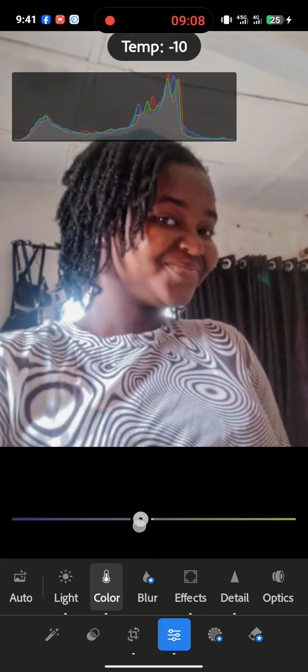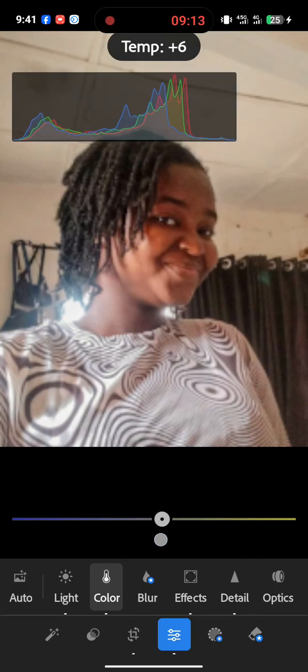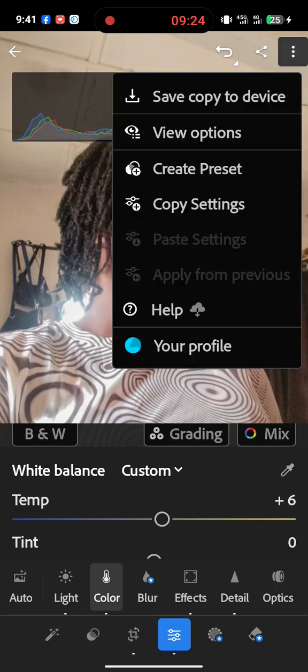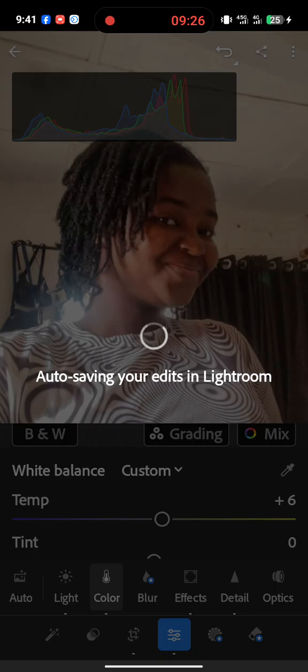But you taking it to this blue now, it's when she's outside, when it's an outside pose, it will be better like this. But you taking it here is the best thing you give to this photo, because you have to consider the environment where the person is taking that photo before you giving it any look whatsoever. So with this now we are done for this particular place. Then we save it. Then we head over to